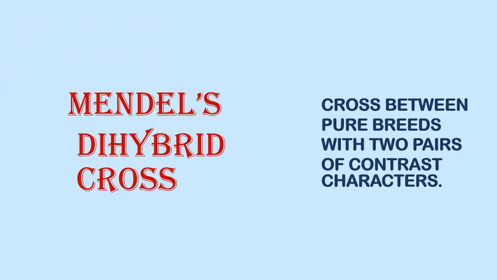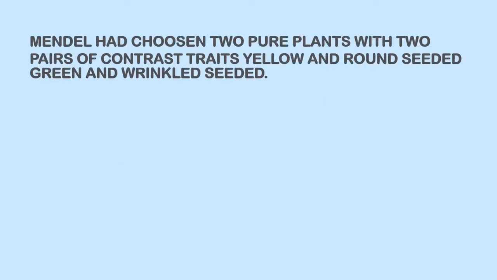Mendel's dihybrid cross. Dihybrid cross is a cross between pure breeds with two pairs of contrast characters. Mendel had chosen two pure plants with two pairs of contrast traits, yellow and round seed, along with green and